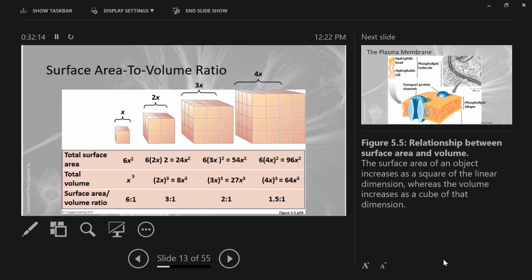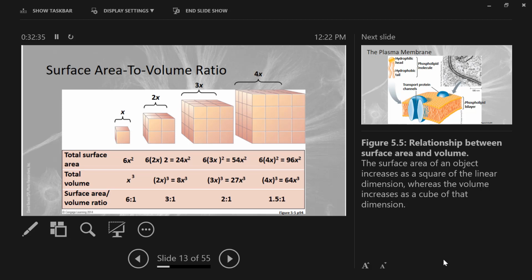So if you were going to multiply surface area, you would find the surface area of this square here, and then you'd multiply it by 6, right? So the surface area of this square, if the edge length is x, would be x times x, which is x squared, right? And then we have 6 of them, so surface area would be 6x squared, right?